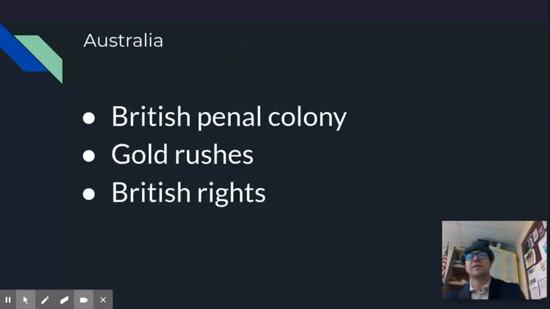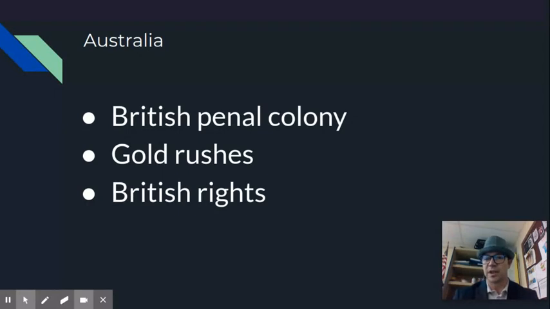Now, there's quite a few colonies in this time period. When we talk about Australia, that is a British penal colony. That's where Britain had to drop off all their debtors, all their prisoners. Eventually, once they find out that Australia actually has some worth, then they're going to establish it as a settler colony. There's a lot of settler colonies going on in this time period, and then eventually, of